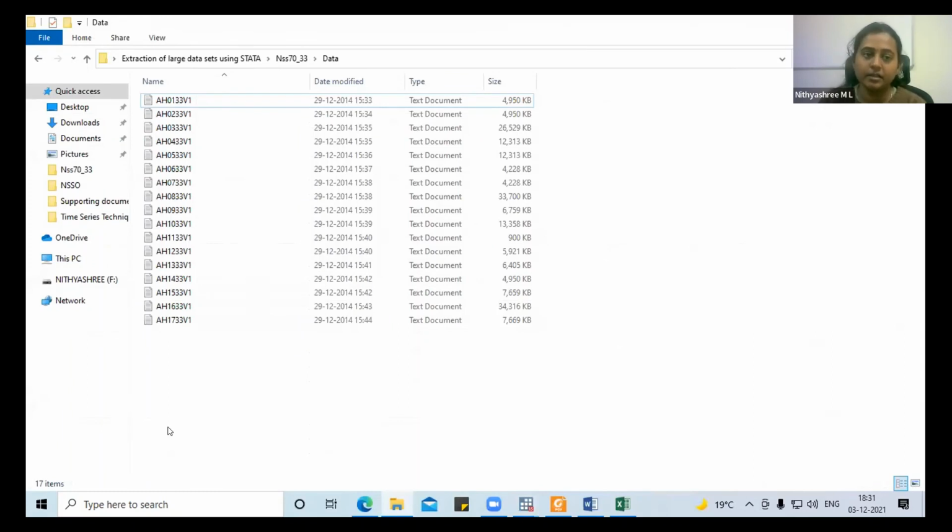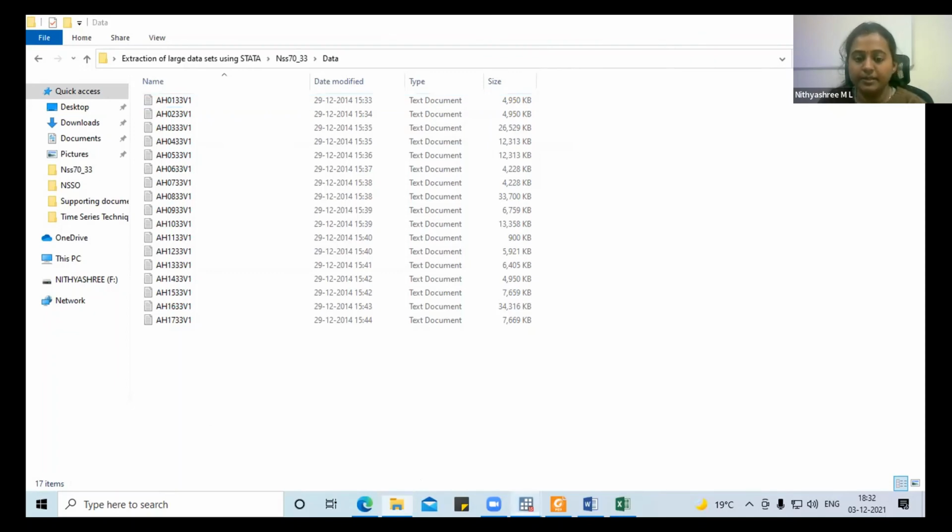Just take this text data, go to the layout, and give the instruction to Stata on what you want to do, and extract all the information into Stata format. After that, save it in a different folder. Then check whether the data is in wider format or longer format. Sometimes it will be wider, then there is no need for reshaping. If it is longer, then reshape and then merge.